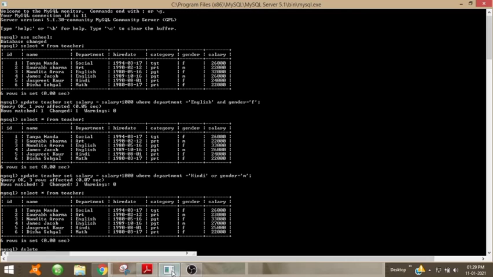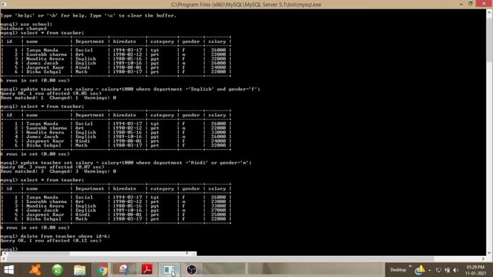Delete from teacher where ID equal to 6. In such a case, only the row with ID 6 will be deleted.